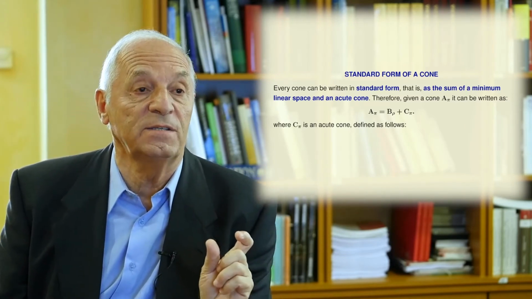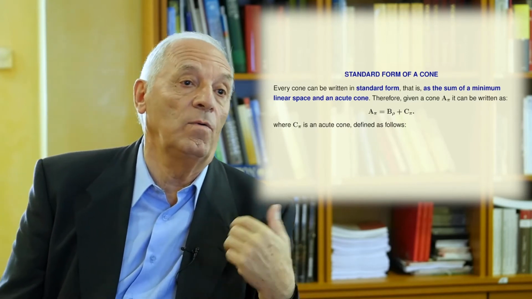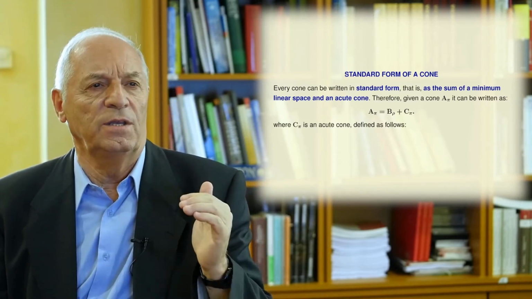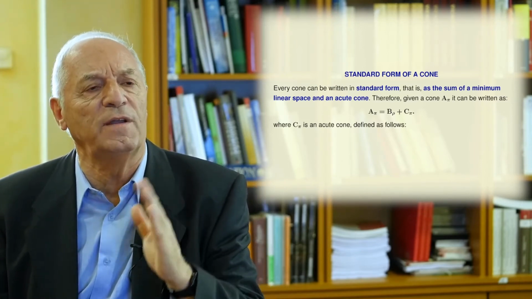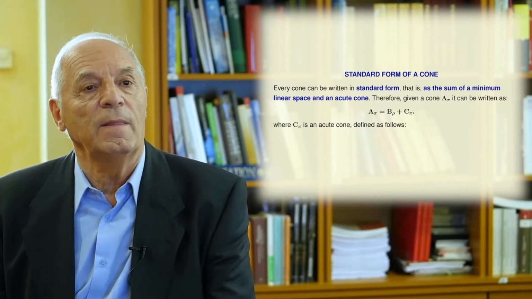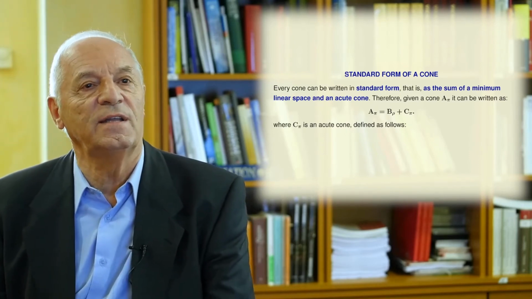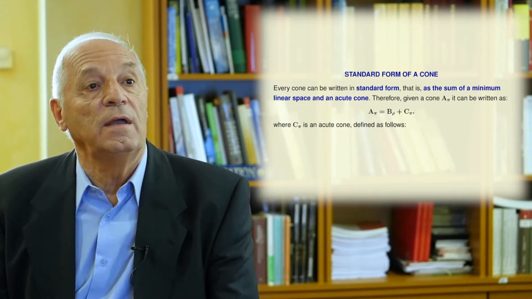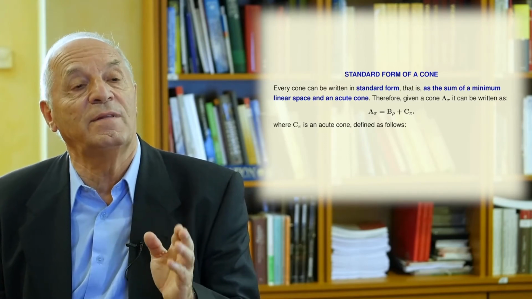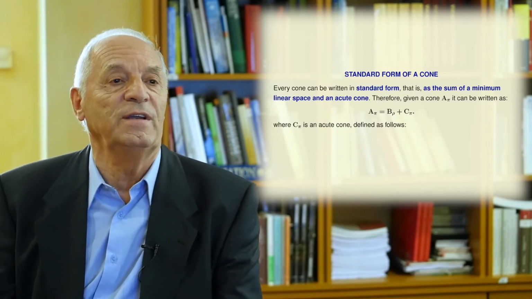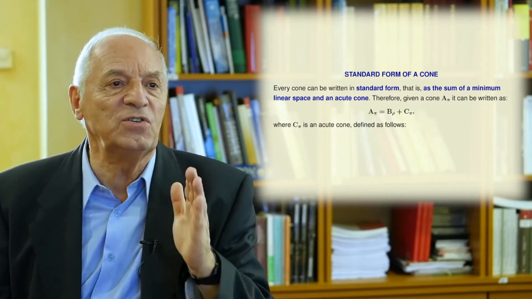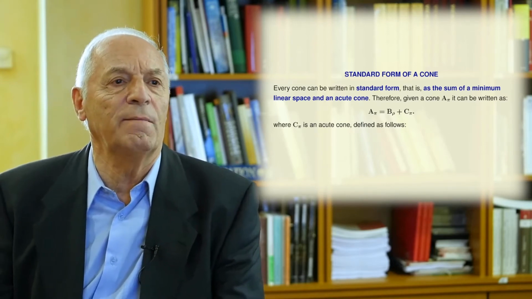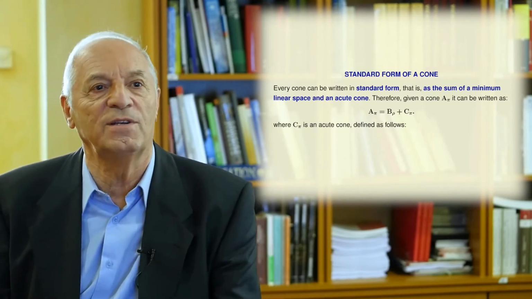And the linear subspace can be given with a basis. It's better to give a basis because it is the least number of vectors that can be given to define the subspace. And the acute cone can be given by the edges. That is the minimal representation that you can give of a cone. The important thing of the algorithm that you will learn in the course is that it always gives you the dual cone in the standard form. The linear subspace is given with the basis, and the acute cone is given by the edges.